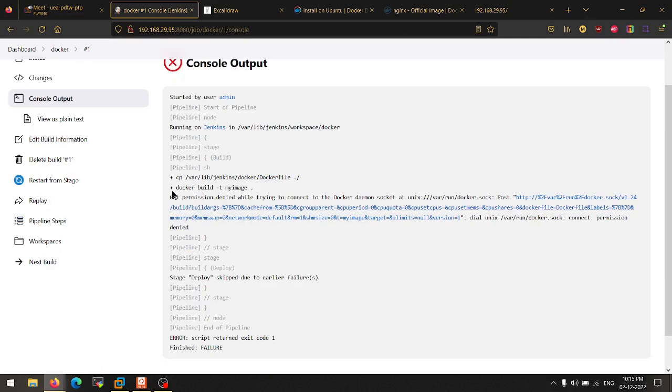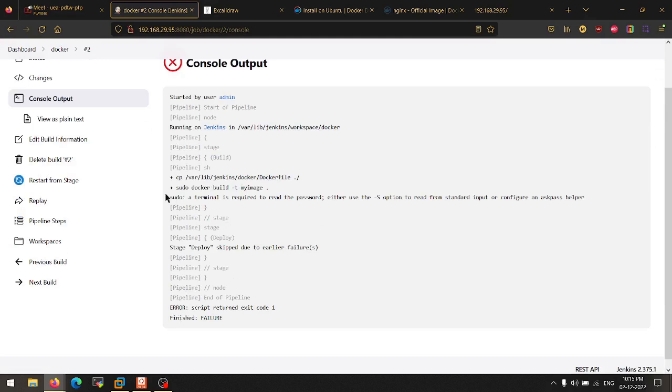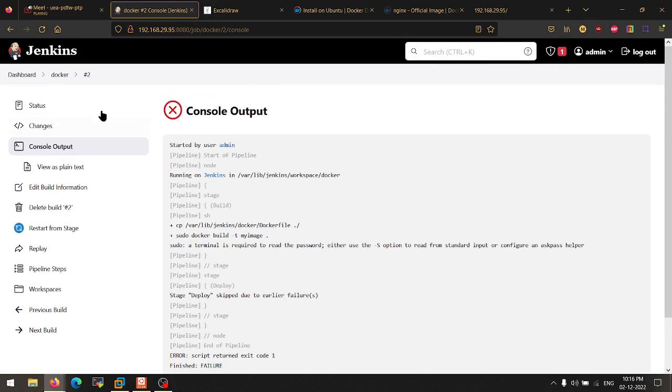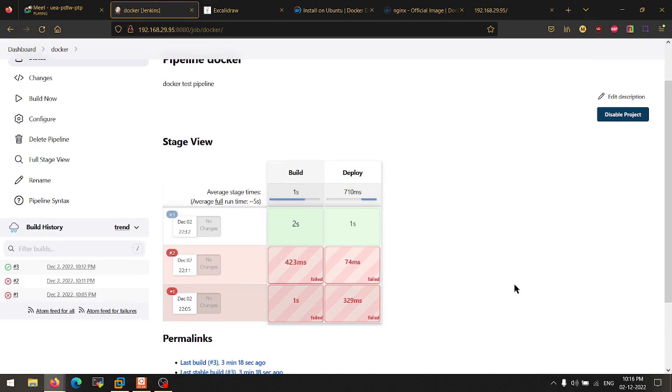On all my systems I use Docker with the sudo fix already there. That's why I didn't get this error, so this was unexpected initially. The second time when I gave the sudo, I forgot that Jenkins user doesn't have the sudo power, so again I got the error and again did the fix: give the power of sudo to Jenkins so that it can use sudo directly without password. So it fixed, and in the end, with all the fixes done, we got the success stages. If you get these errors, that means you are going to learn something new. These are the Linux debugging processes that you are going to face many times.